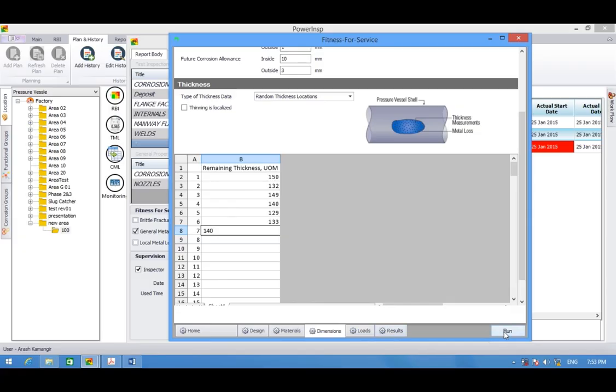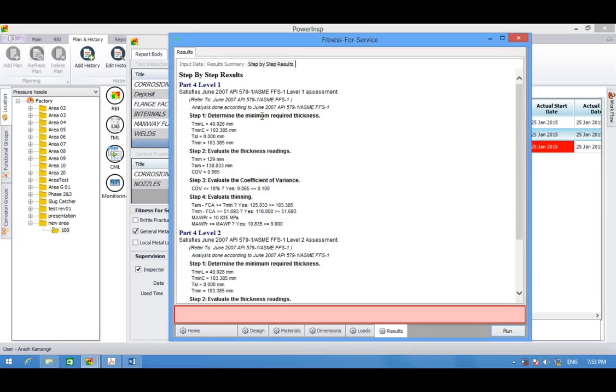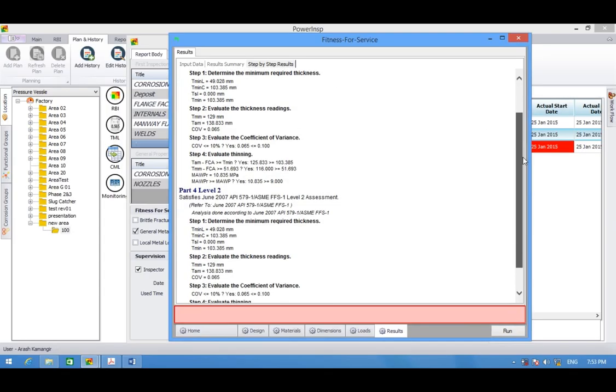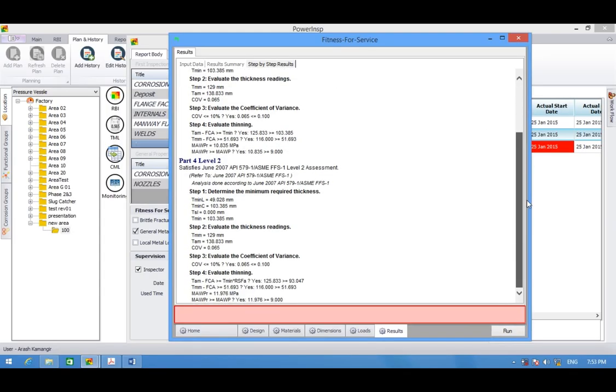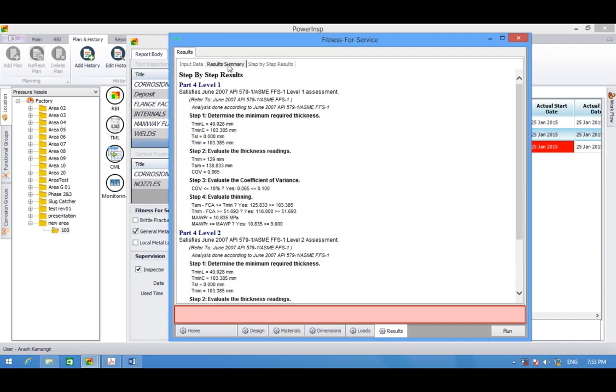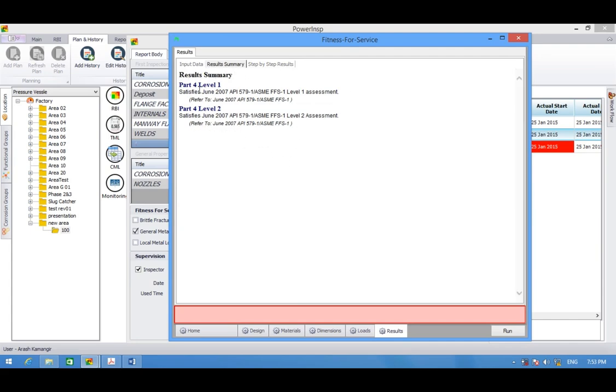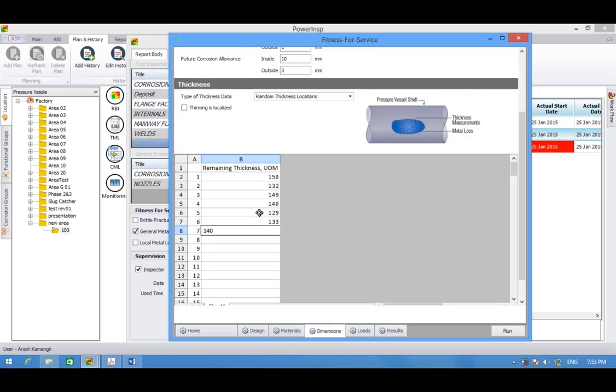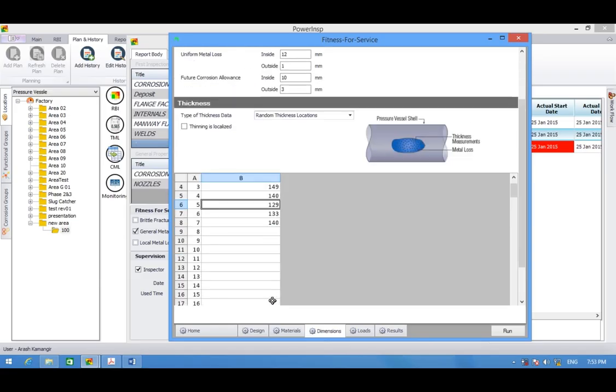So again, let's do a run and see. This is a step calculation again, and the result again, it satisfies the level 1 assessment as well as level 2 assessment. Now if I change these values a little bit, so let's suppose it's